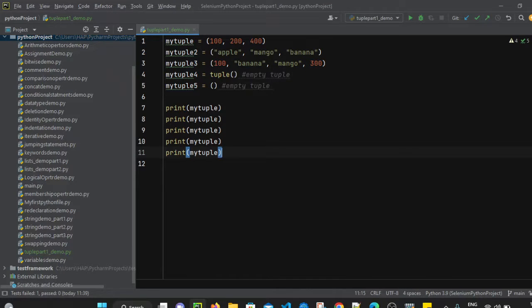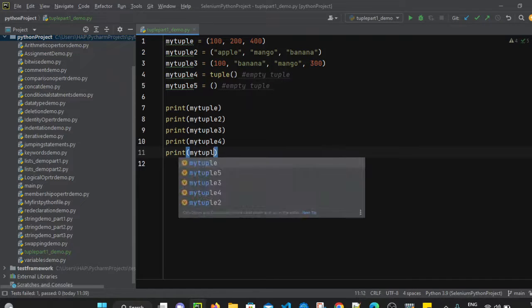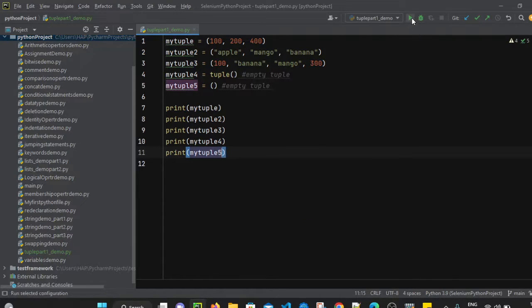Let's print my tuple 1, my tuple 2, my tuple 3, my tuple 4, and the last one is my tuple 5. So let's execute this file.